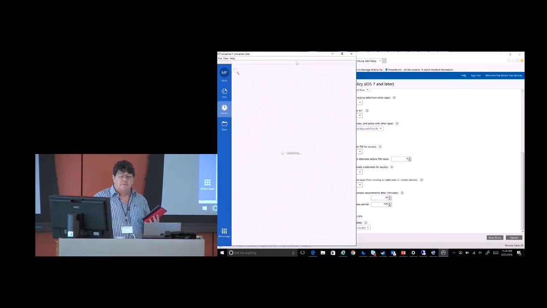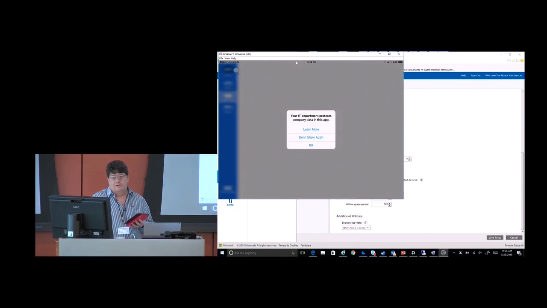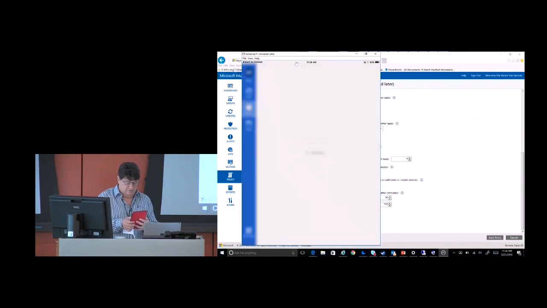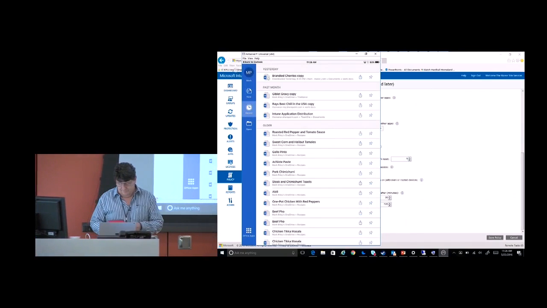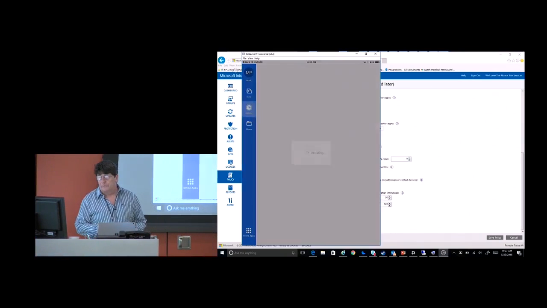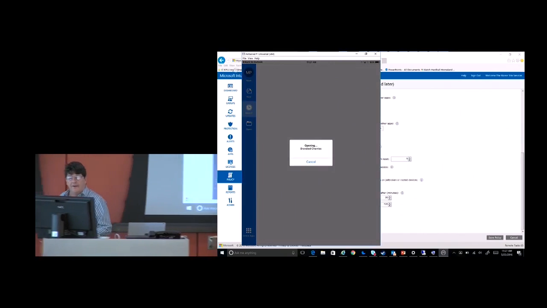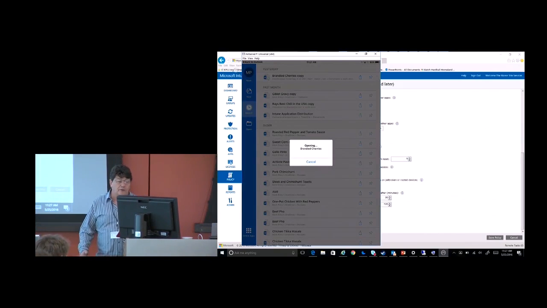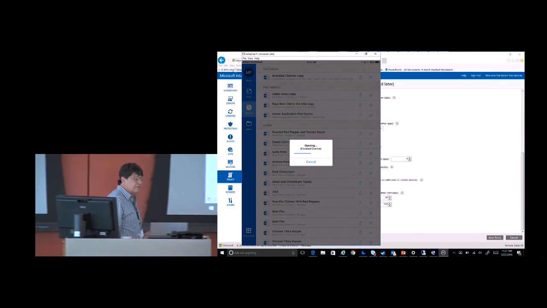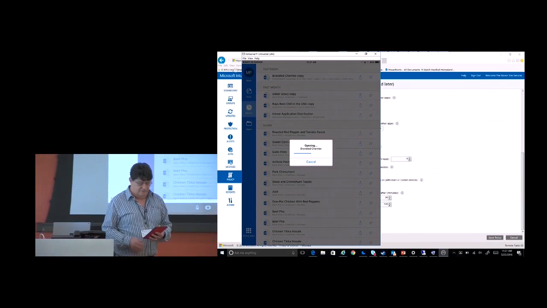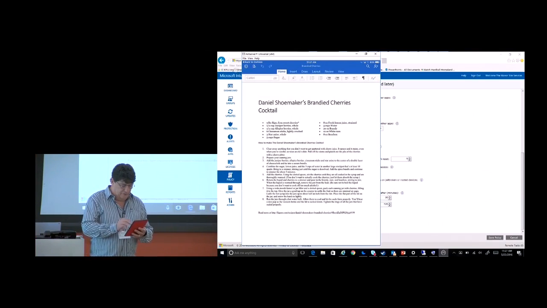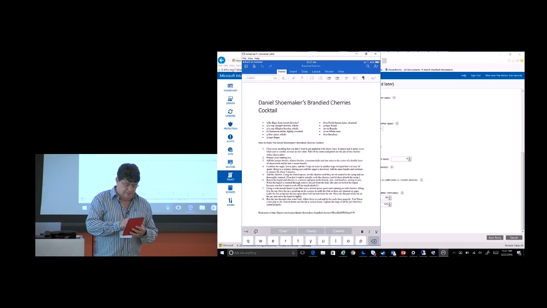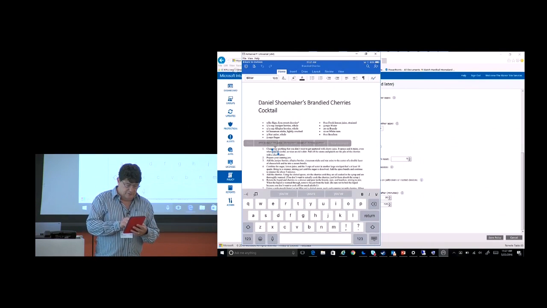And next week, I'm going to go buy a new iPad because this one's so slow. All right, so here comes the document. I swear it's coming. 3 minutes. Tick tock, tick tock. Okay. And I don't know if these cherries are any good. Most of the recipes I play with in this stuff, I do actually make sure that